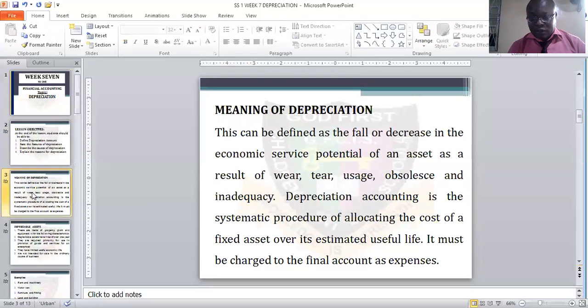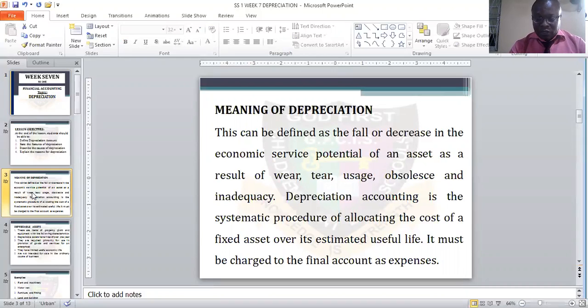Then let us look at the meaning of depreciation. It is the fall or decrease in the economic service potential of an asset. An asset suffers wear and tear, or you can say usage. By the time they are using it from time to time, the value of that asset will continue to reduce, or it will continue to decrease or fall. Obsolescence and inadequacy are also factors